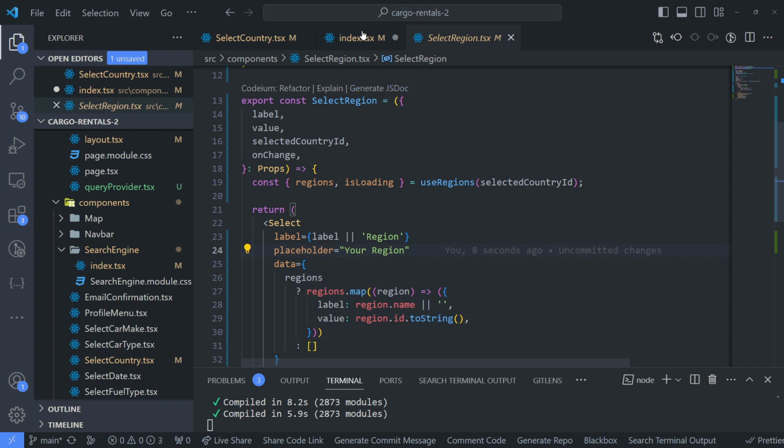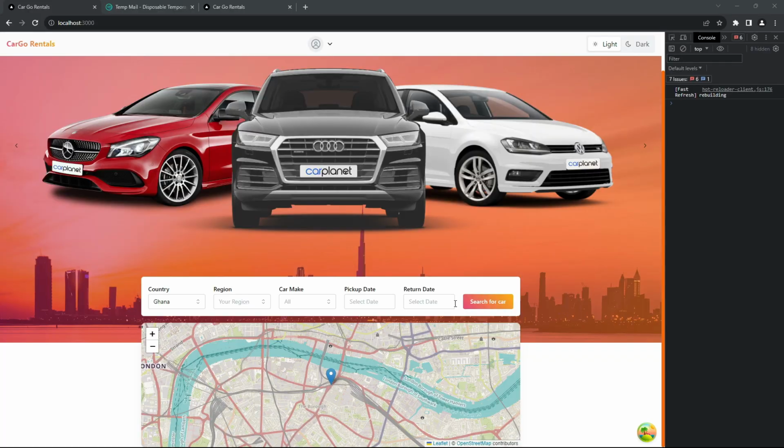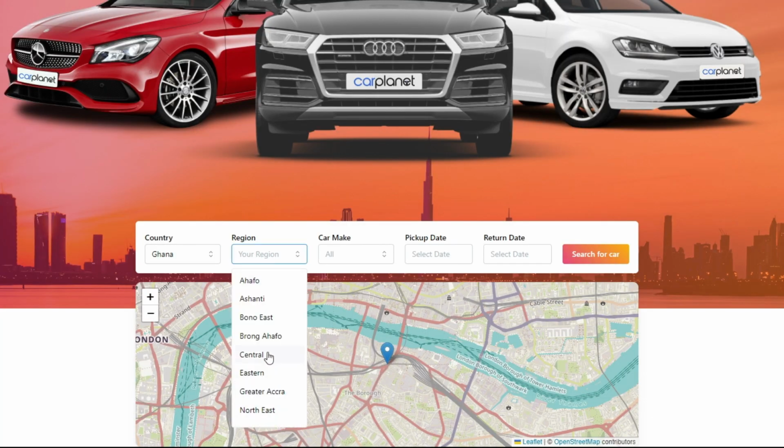Alright, so I am sure this is going to work now. So let's go back to our UI, and then we have a country selected. We have a country selected already, so we click here and there you go. So as you can see, right,